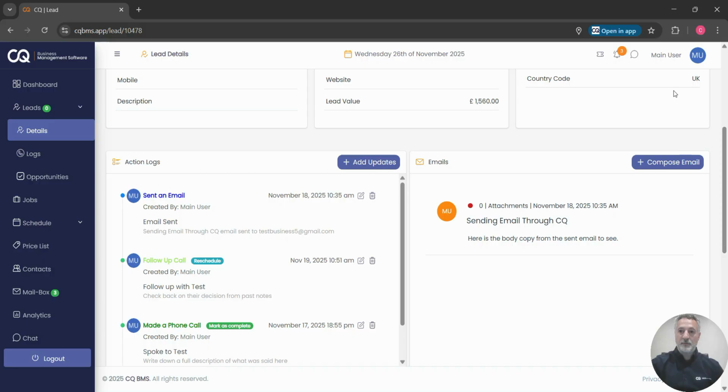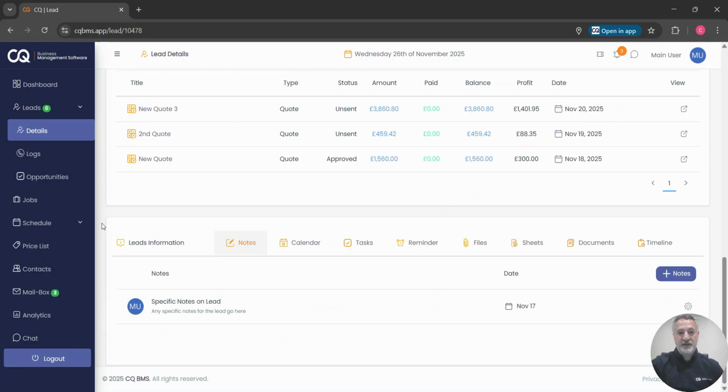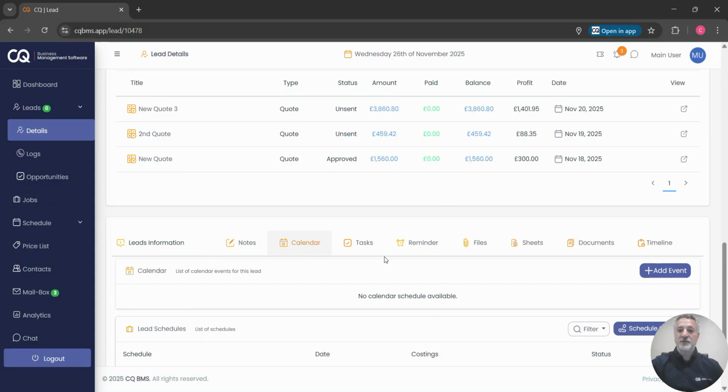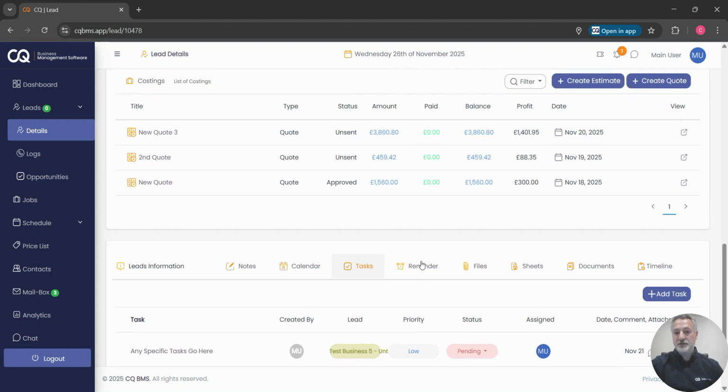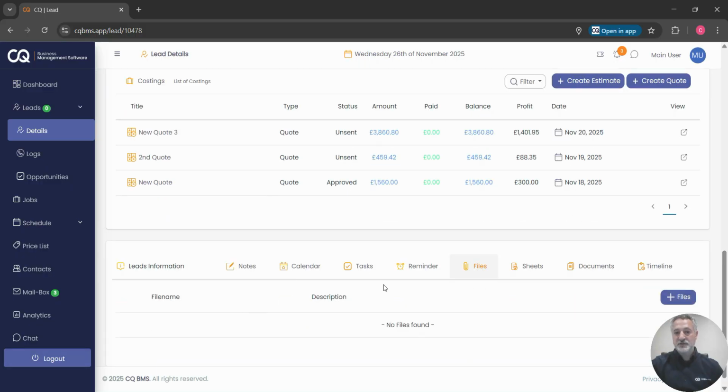On that date and time, it will buzz up in the top right hand corner in blue, and anytime you can see all of the action logs that have been taken with this lead. You'll see who's done what, and anyone else can always see that. I'll show you the estimation last, but here you've got your notes, you've got calendar appointments. If you're going to book meetings, you can schedule those meetings, and I'll go into more detail with that afterwards. You've got your tasks, so anything that you need to do, reminders, you can add files to the lead,